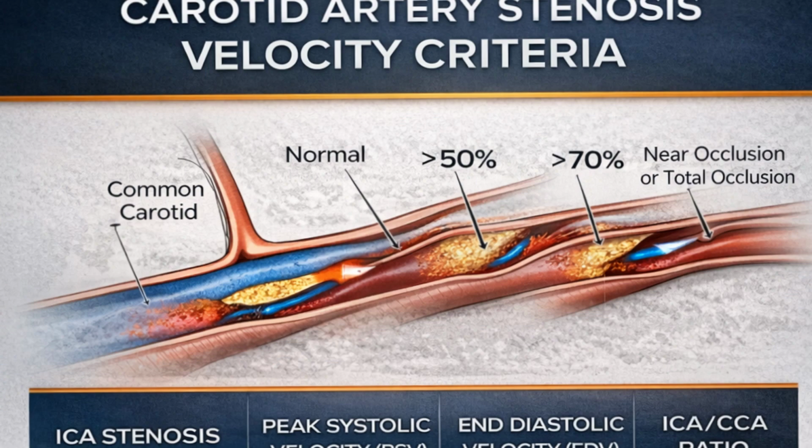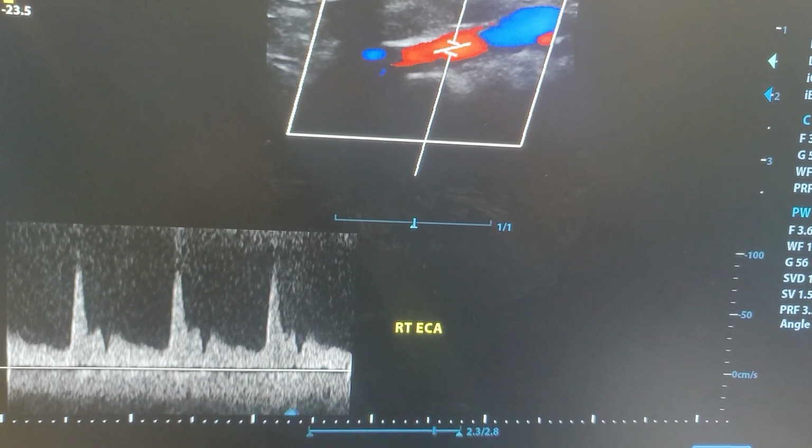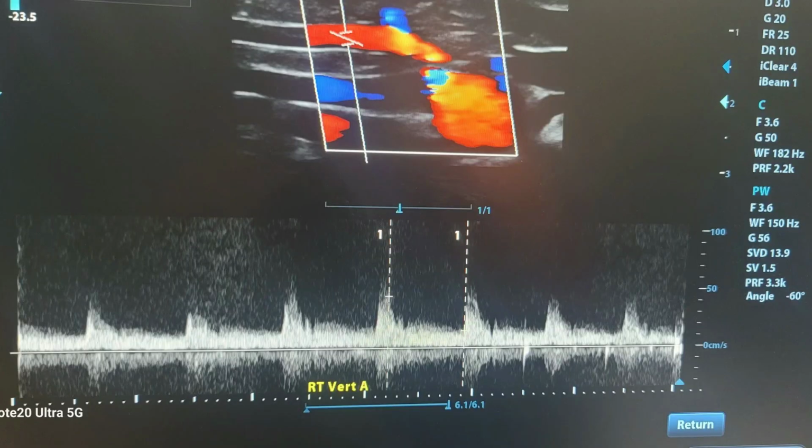The external carotid artery is identified by its smaller size, branching pattern, and high-resistance Doppler waveform with minimal diastolic flow, and the temporal tap maneuver may be used for confirmation. Vertebral arteries are evaluated bilaterally to confirm patency, antegrade flow, and low-resistance waveforms, while subclavian arteries are examined when clinically